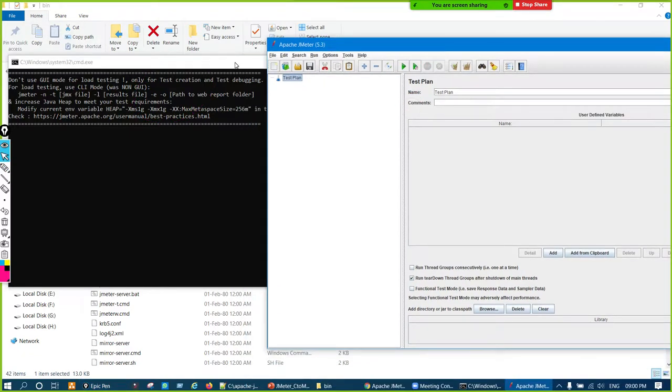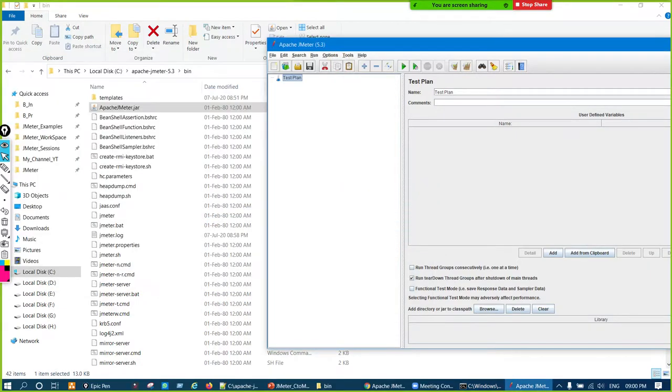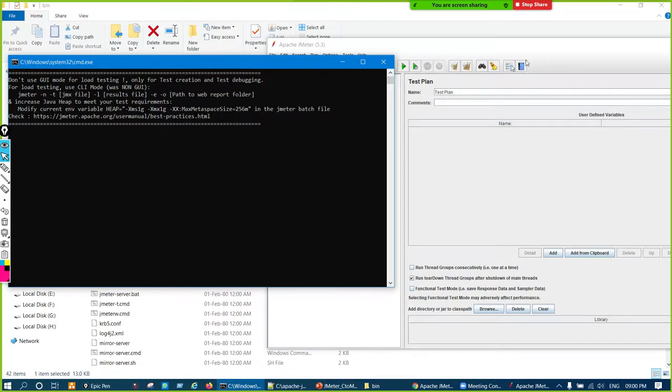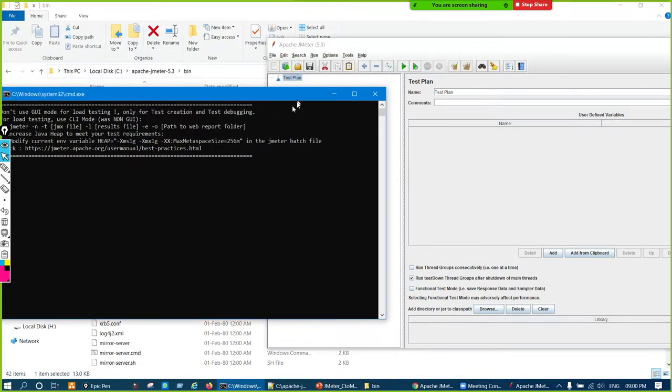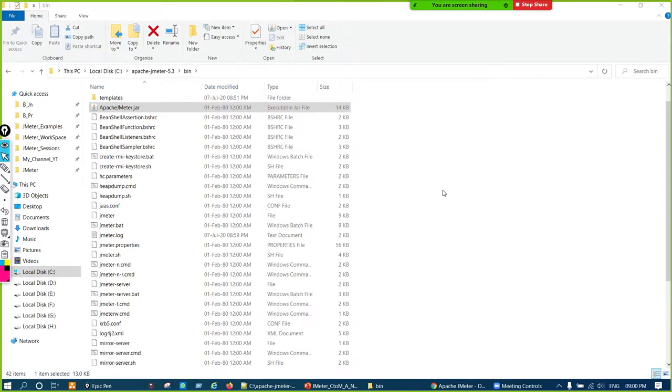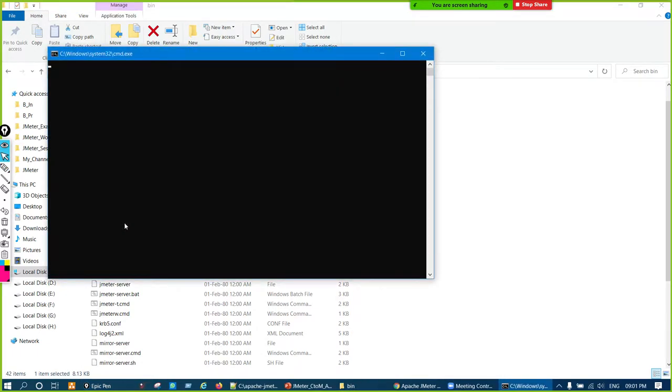You can minimize it and keep it anywhere, because they are interdependent. I'll just close it in front of you. If I close it, you'll see that JMeter went away. Now what is the beauty, why are we launching jmeter.bat? The technical reason, I'll tell you. Let it open.